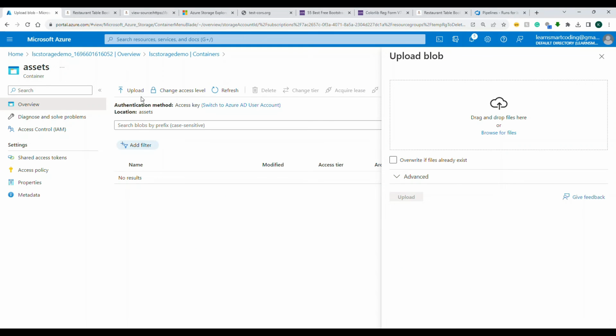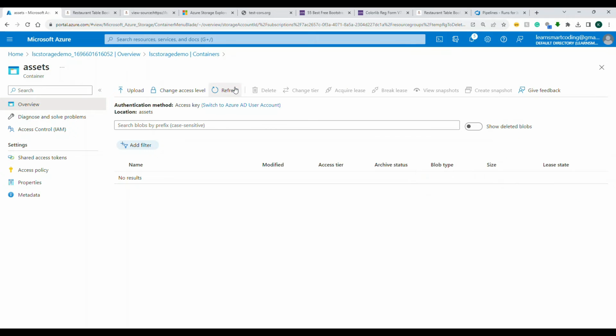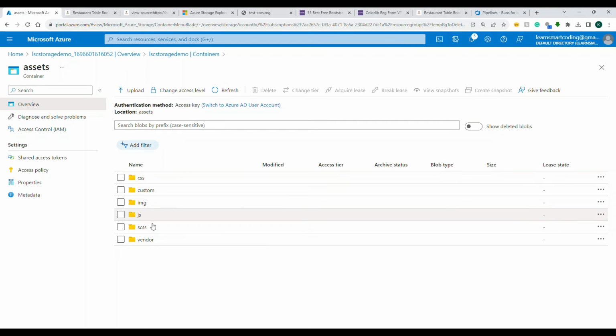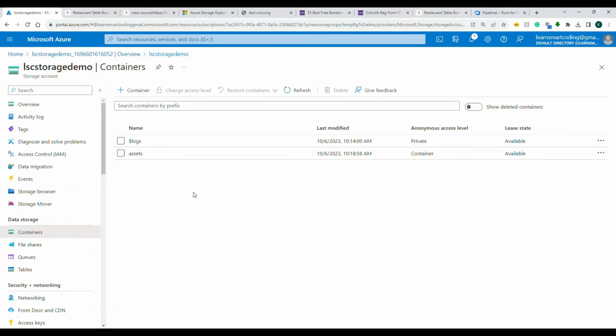I'll go back and show you. I'm going to close this and just refresh this. You see this? Everything that we want has come here. And not only that, that's currently under the assets folder. So I'll tell you why I'm doing all these things. Now if you come to this